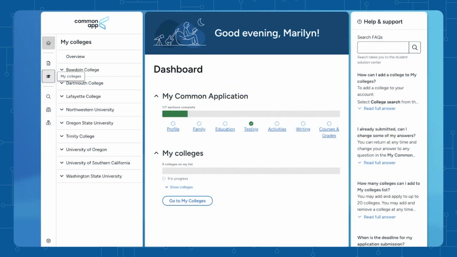In this section of My Colleges, you will invite recommenders to send letters of recommendation to your colleges through Common App. Recommenders are the people who will write letters of recommendation for you, which include teachers, counselors, administrators. In this section, we will review how you will send a request to a recommender to submit their letters of